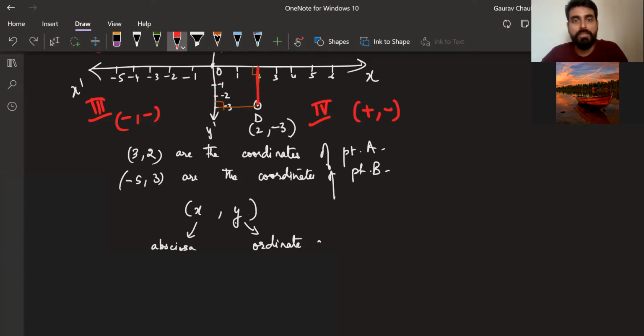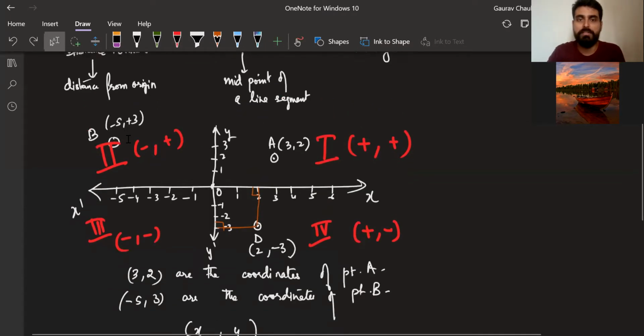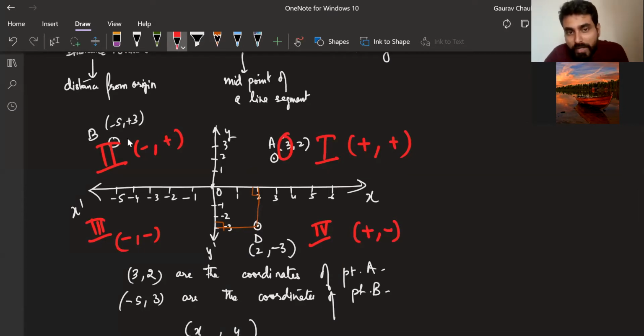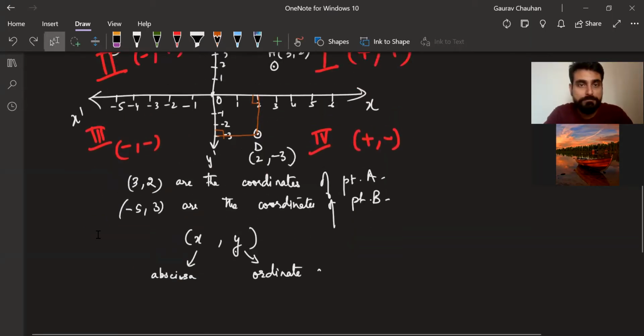So this is another point which we have touched upon in the last year multiple times, and in this year also when we start linear equations. The x coordinate will give you how far this point is from the y-axis, that is, the perpendicular distance from the y-axis. The y coordinate will give you how far it is from the x-axis. That's another important thing which we have to be very, very clear about. Okay, Bindu, go ahead.